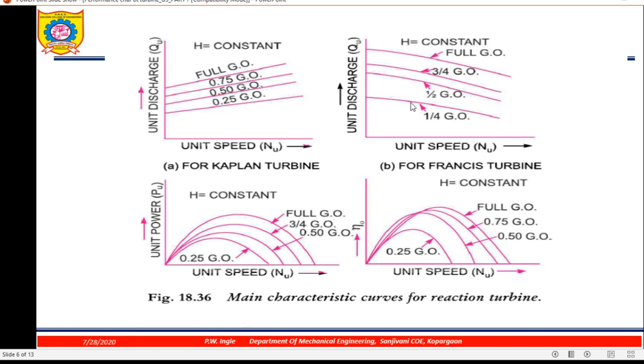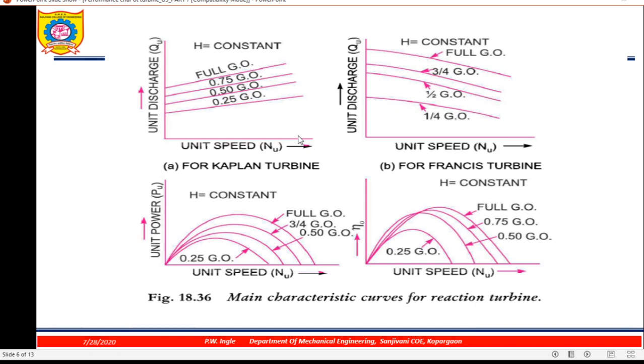Okay. Why? Because of rotary motion, some amount of water will experience a centrifugal head. That is, centrifugal force will act on it. So because of that, as the speed increases, that centrifugal force or centrifugal head also increases, and because of that, the quantity of water which is going to the runner will be less. That's why these are falling curves.